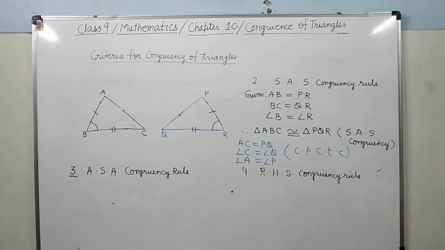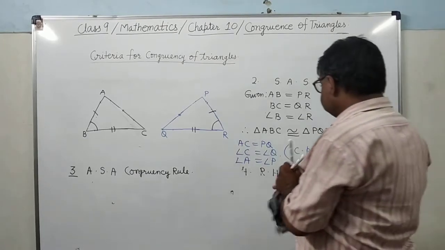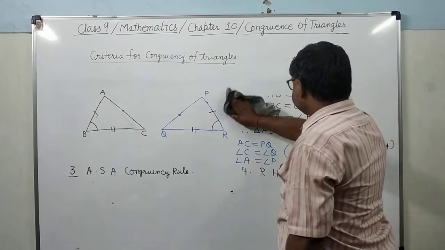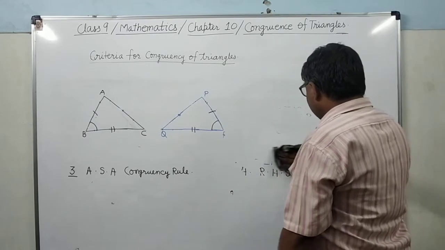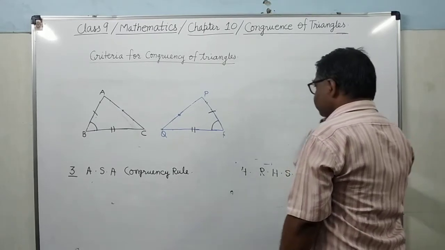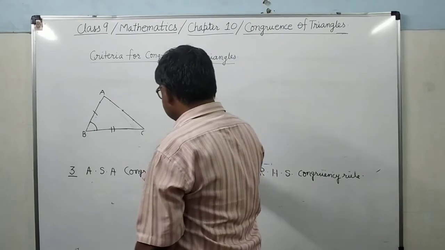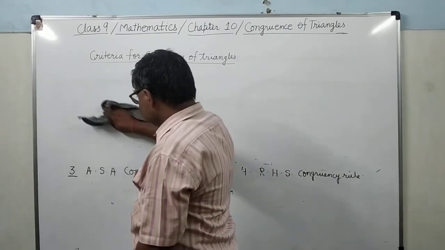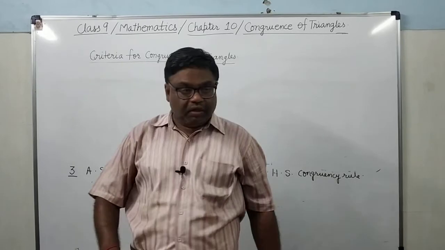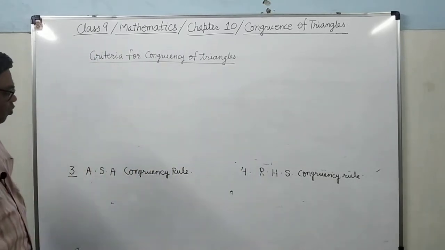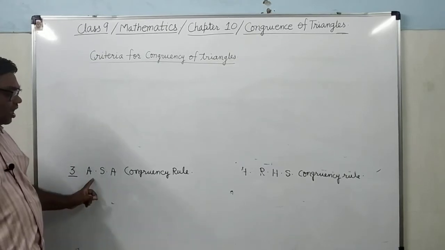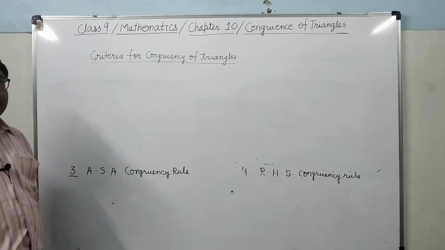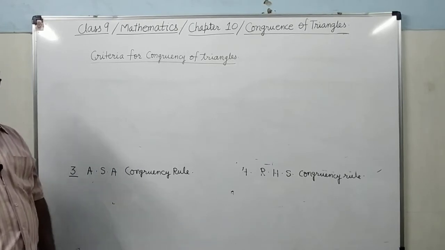After this we will see the third criteria, ASA congruency. So you can see, there are a total of 4 criteria of proving the congruency between two triangles. What is the meaning of ASA congruency? If between two triangles, two angles are equal and the side included by them is also equal, means the side must